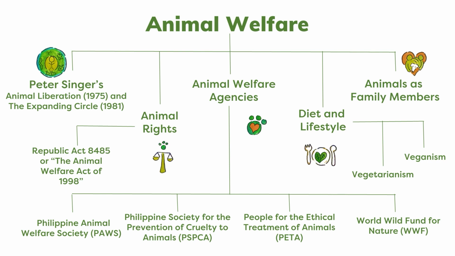Various movements relating to diet and lifestyle, such as veganism and vegetarianism, also recognize the prevention of animal cruelty, still rooting from the recognition of their intrinsic value. Treatment of animals as family members, and not merely in terms of utility, also falls under this second approach. A very common practice nowadays, some people would go the extra mile in providing their pets decent food, shelter, and even clothing. For the third and fourth approaches, biocentrism and ecocentrism, they both fall under dark green or deep ecology